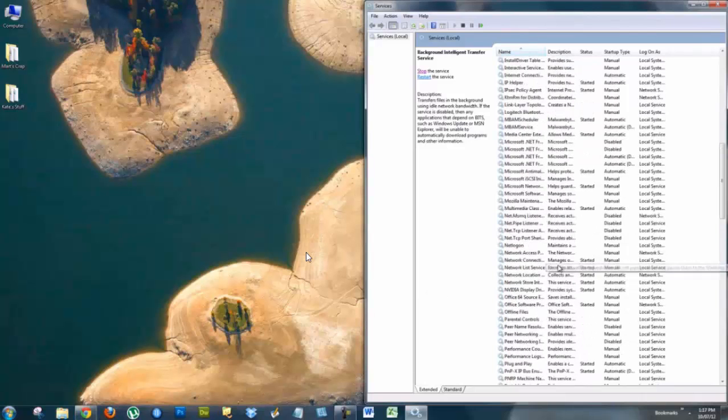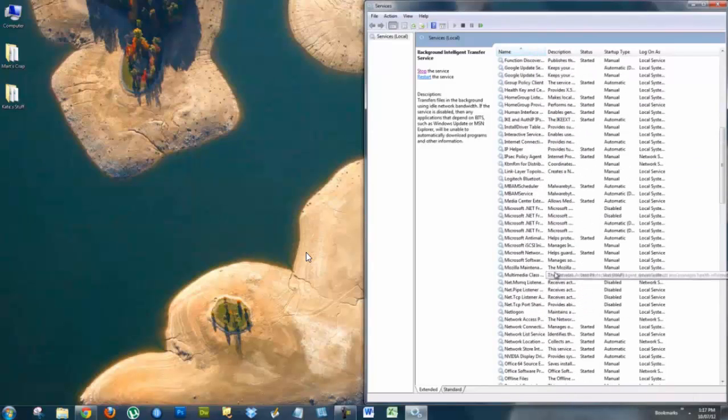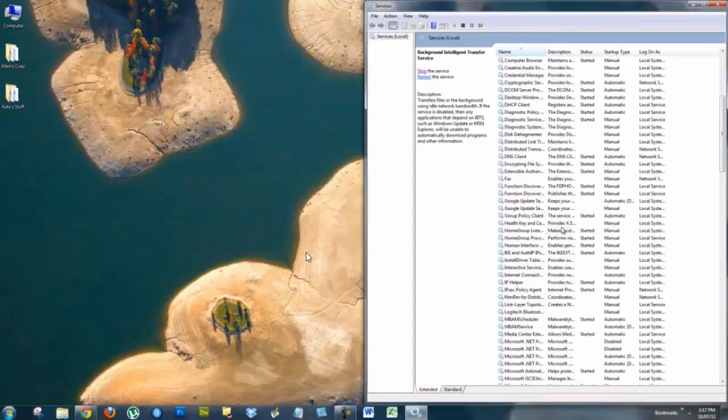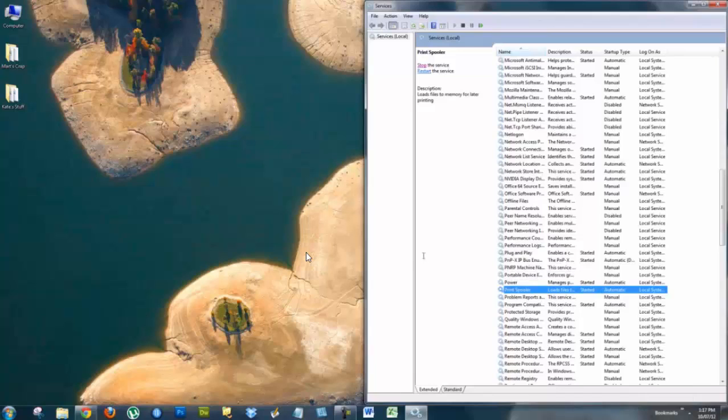So instead of just telling you each and every single individual one to uncheck, it really depends a lot on what kind of things are installed on your PC. So for example, let's look for one here. Okay, Print Spooler, this is a good example. Currently I don't have a printer. It broke and I don't really have a need for another one right now. So this service is actually started, and it's set to automatic, which means that it starts every time my computer gets restarted. Because this actually slows down my computer by running when it doesn't need to, I'm going to stop it,